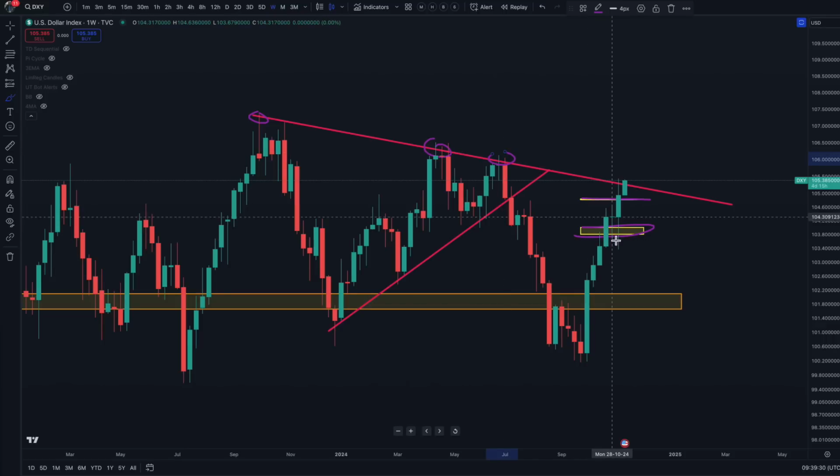So it's powered through the Fibonacci levels and come back and found some sort of resistance at the upper level of this trend line. So you can see that at this point here, it was actually looking like it was going to be an evening star pattern where you get a solid green candle followed by a small bodied candle. And last week, this was looking like a red candle here, and that would have been enough to push this down. What's happened is that the red candle has turned into a green candle here and powered above the previous high here. So at the moment anyway, we're finding resistance at the red line, and we would expect some rejection